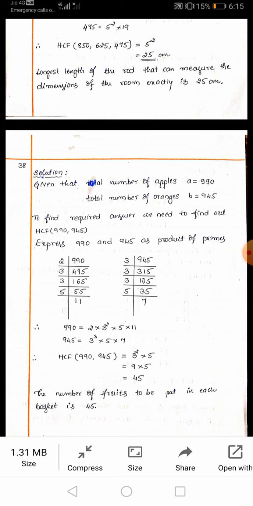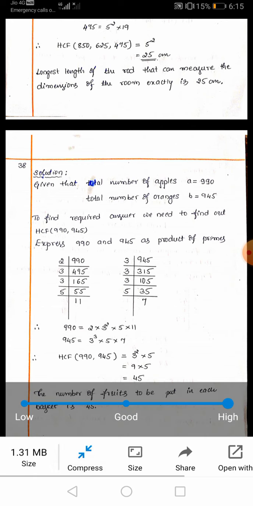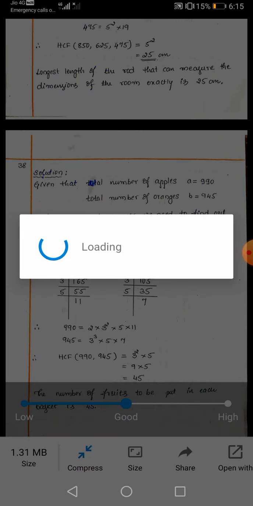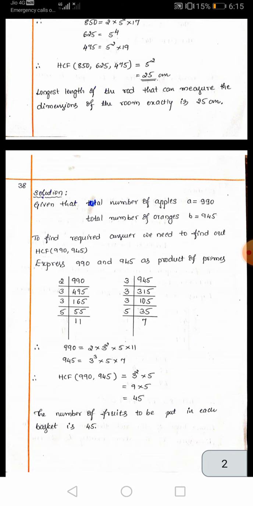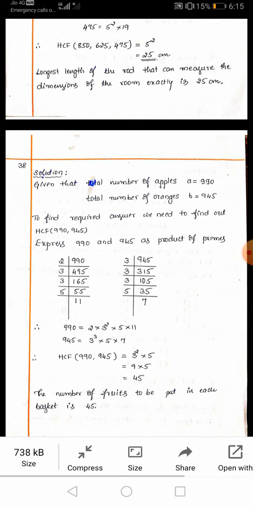And one more thing, you can compress this one. Now it is 1.31 MB. I'm going to click on compress. Okay, now look here. This is the scale: low, good, high. I'm going to bring this up to good. Okay, 50 is the good quality. Now it will get automatically converted. Now look here, it is reduced again to 738 KB, but clarity is okay, once again good. You can see here clarity is very good. So this is the better way to submit your assignment, worksheet or anything.